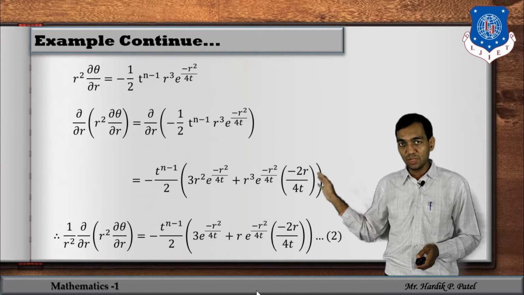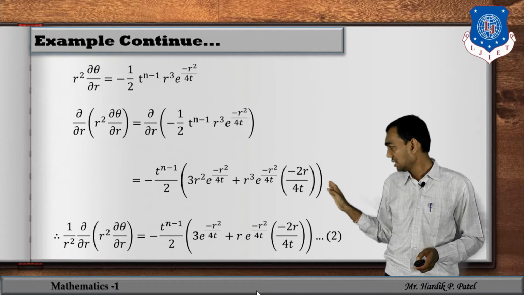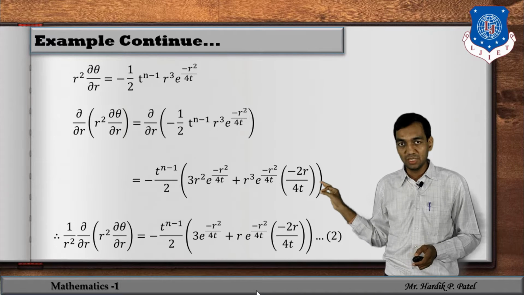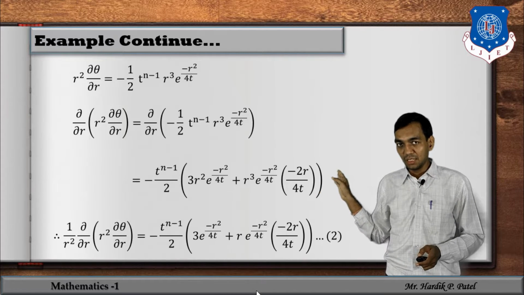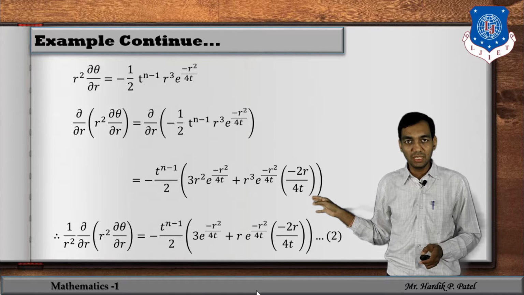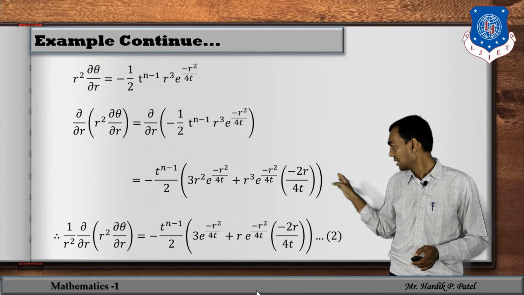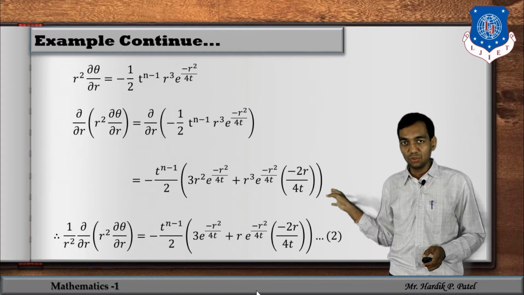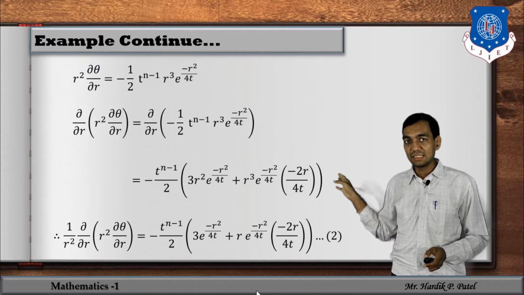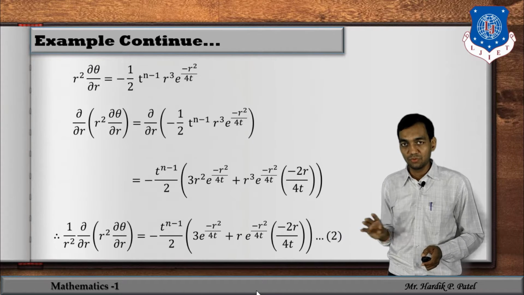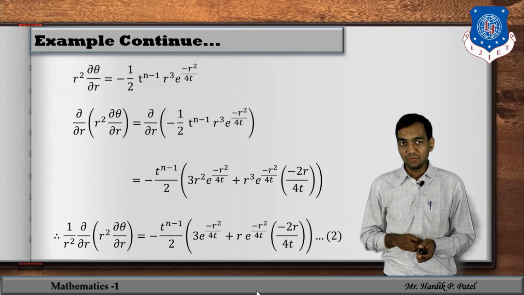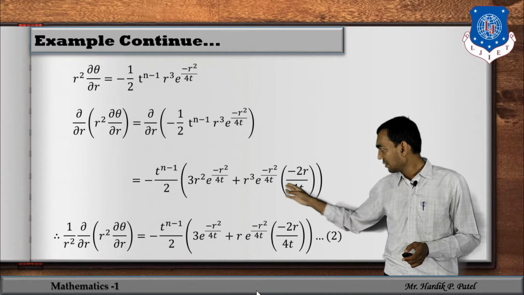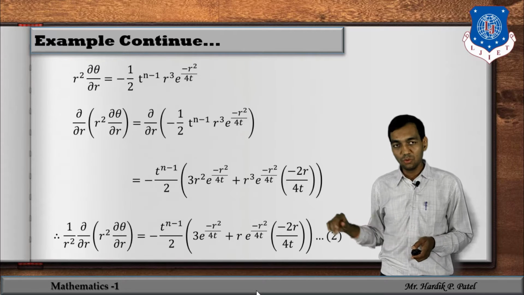So first r cube has a derivative 3r square, e raised to minus r square by 4t remains as it is. Then r cube remains as it is, e raised to minus r square by 4t has a derivative e raised to minus r square by 4t into the bracket minus 2r upon 4t, correct? So if you simplify this and then divide with r square, that will give 1 upon